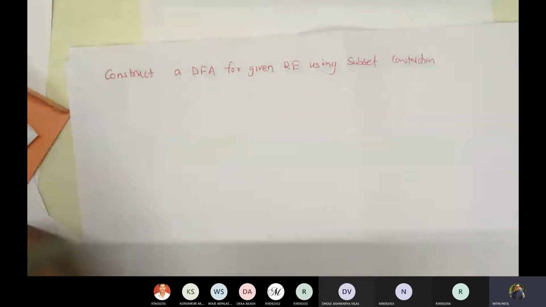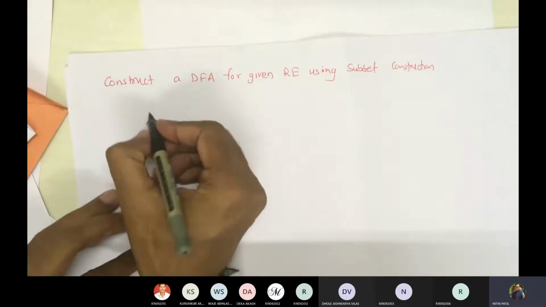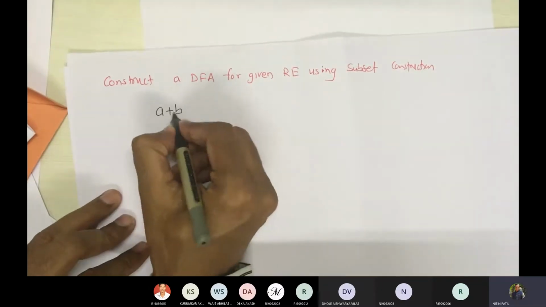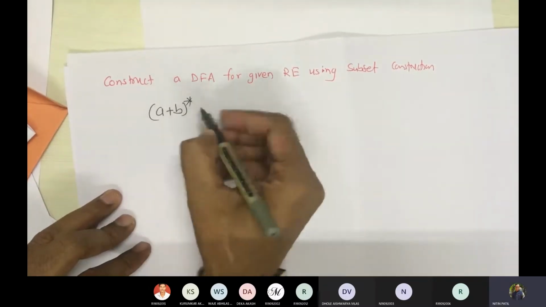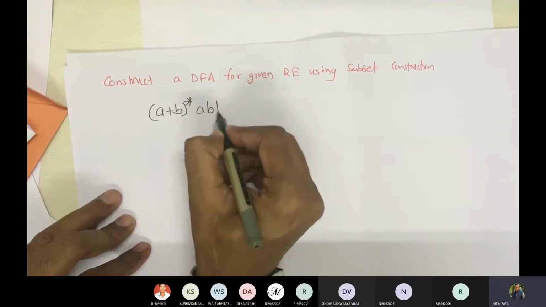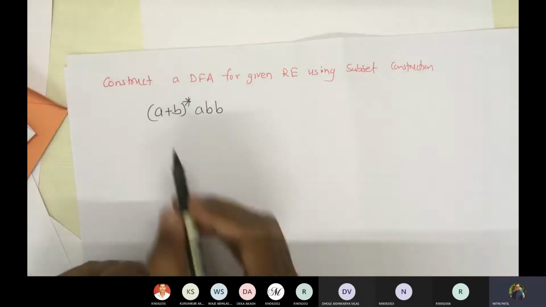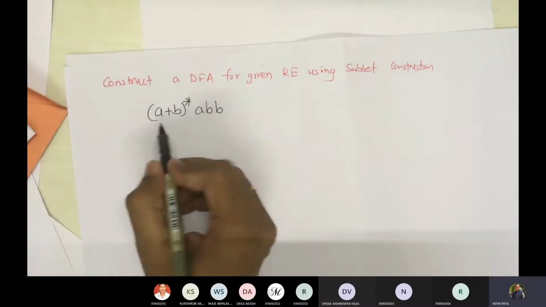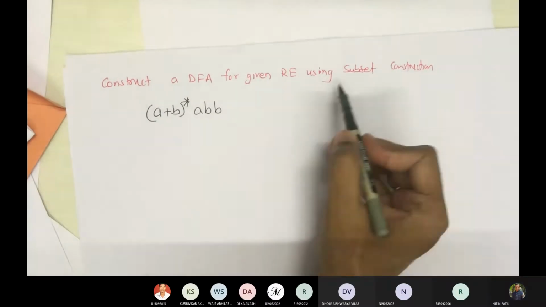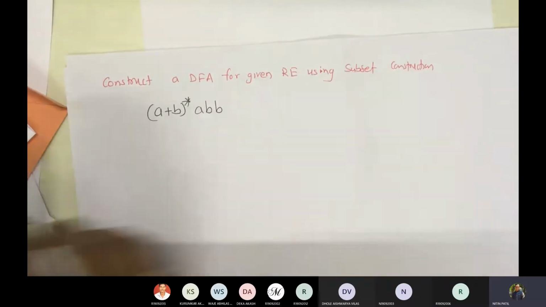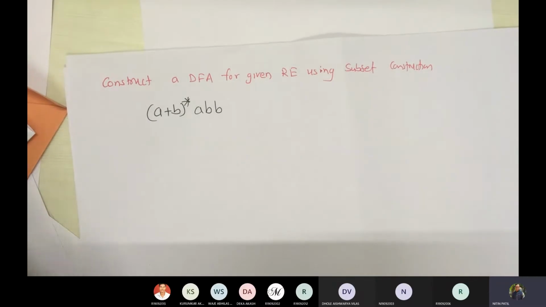So the regular expression that was given to us was (A plus B) star ABB. Fine.